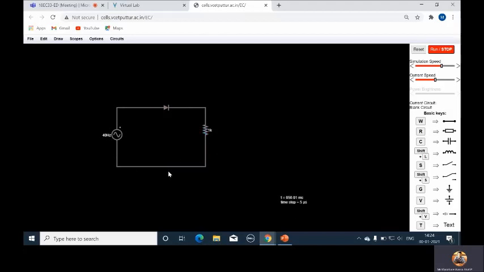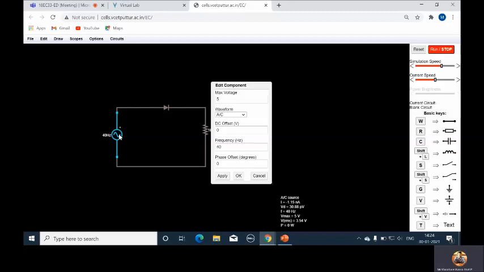Before simulating this circuit, we need to set the parameters. To set the parameter, double click on this AC voltage source. See, by default, maximum voltage is 5. So this 5 volt is the VM value, the maximum amplitude level of the input voltage. Now let me take 10 volt here. By default, frequency is 40 hertz.